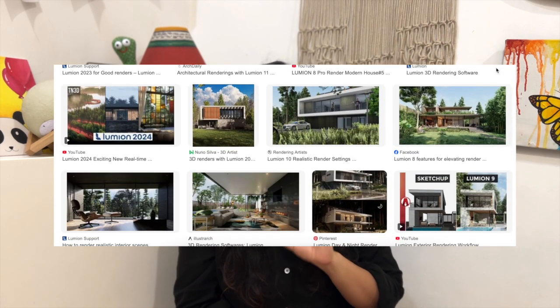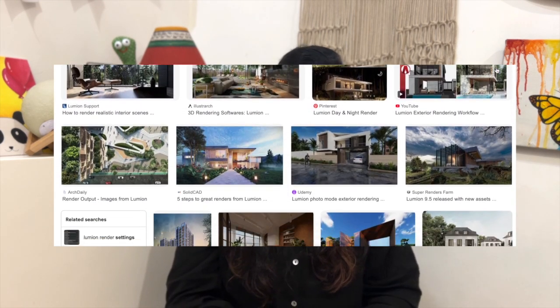Next, for rendering, once you've made the 3Ds, you need to render it. So rendering, I have faced an issue with all my college life, because I had a freaking MacBook, and MacBook doesn't support a lot of rendering softwares. So the basic one that everybody used to use in my college was Lumion, which is very useful for Windows, but I have heard that it takes a lot of space and a lot of capacity from your laptop, so it gets very heavy, it crashes. But Lumion renders look really nice.